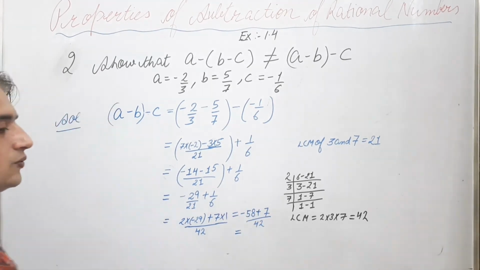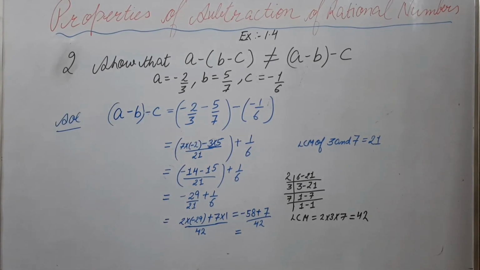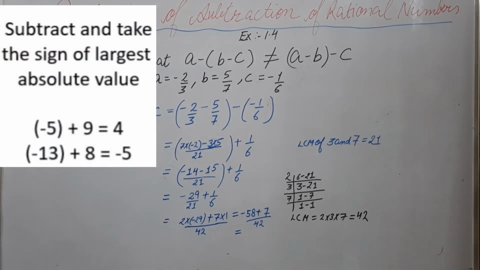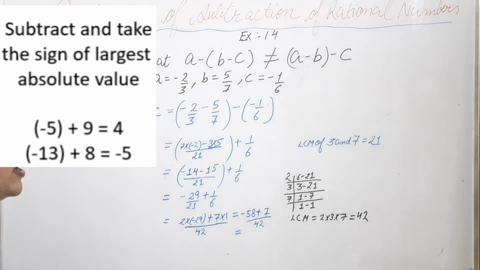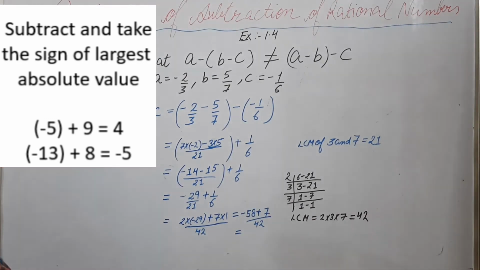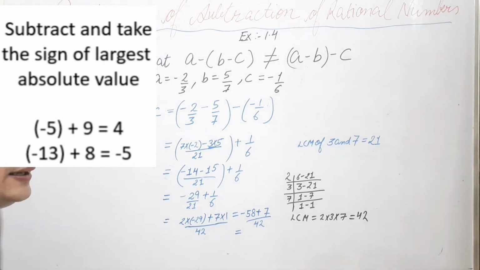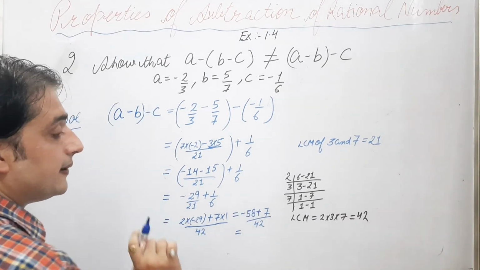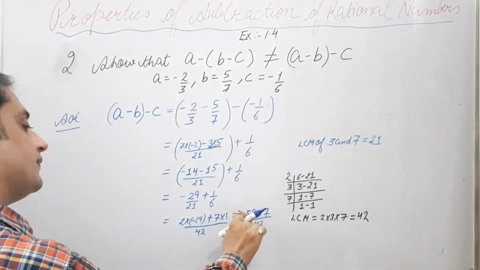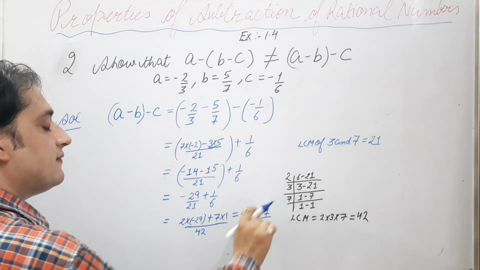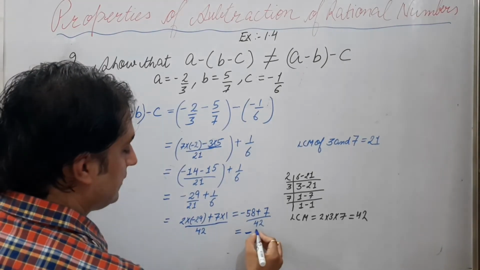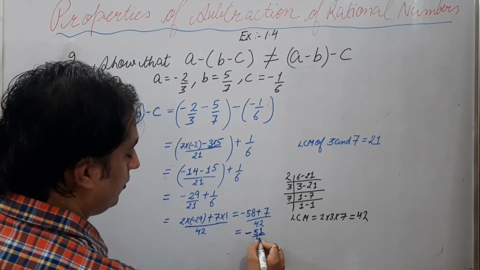So here the two numbers are of different sign but they are not multiplied together. जब भी आपके पास दो numbers हों opposite sign के and they are not multiplied together, just subtract the numbers. 58 minus 7. What is 58 minus 7? That is 51. But साइन उसी का देना है जो नंबर साइन के बगैर बड़ा है आपके. अगर यहाँ पे मैं साइन की बात ना करूँ, 58 नंबर है वो 7 से बड़ा है, बट नेगेटिव के कारण ये 7 से छोटा है. सो यू विल असाइन साइन माइनस 51 upon 42.